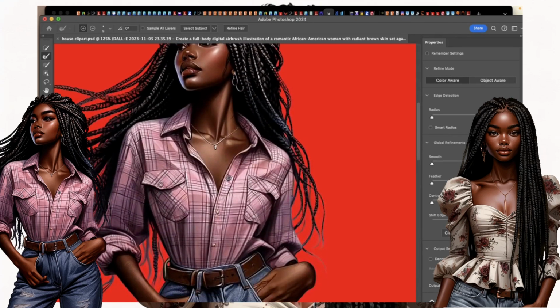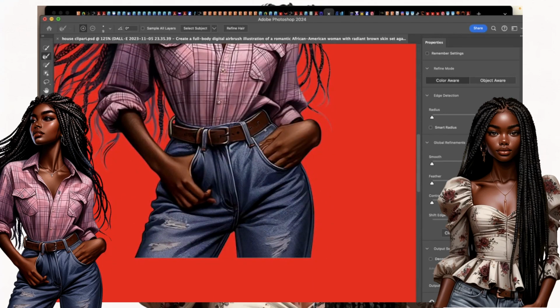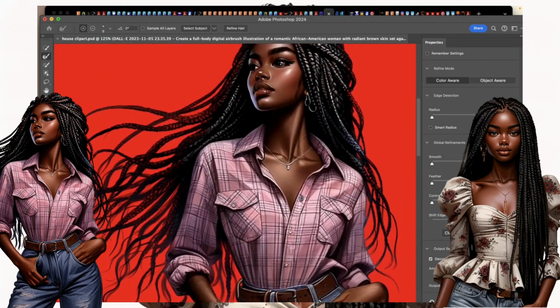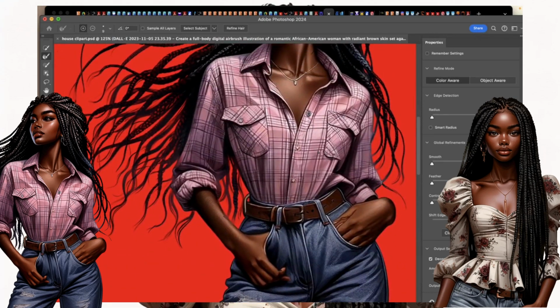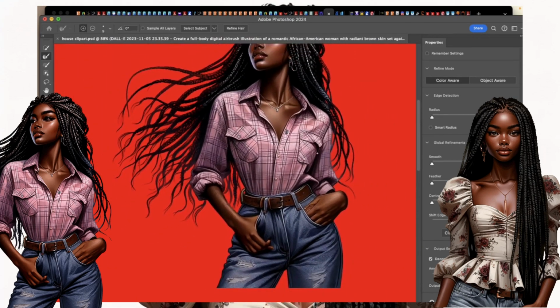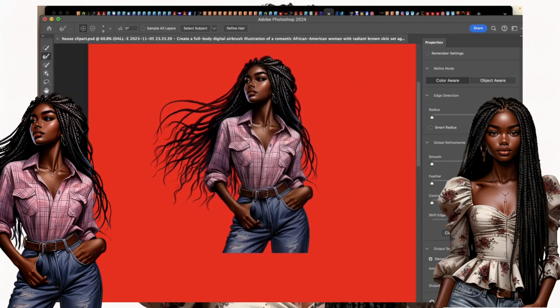All right, so I'm painting things back in. We're gonna figure out that. I think I'm gonna have to totally remove that or something. So let me go ahead and click on decontaminate colors. So then it just brings back in the integrity of the hair. Ooh, I love this tool right here to get things off of the background and then still keep the intricate parts of the details of the image. This is a game changer, y'all. So if you never knew how to do this, you know now,